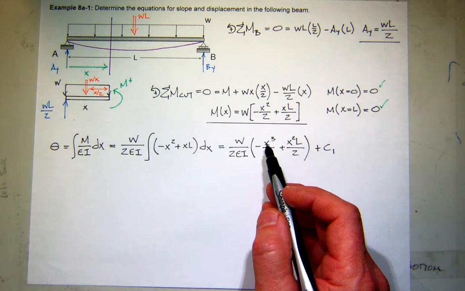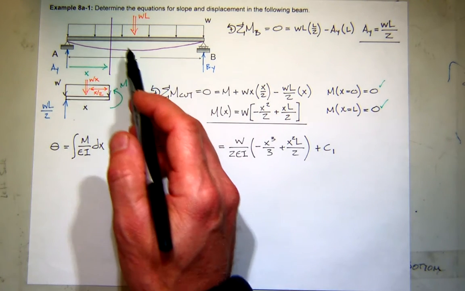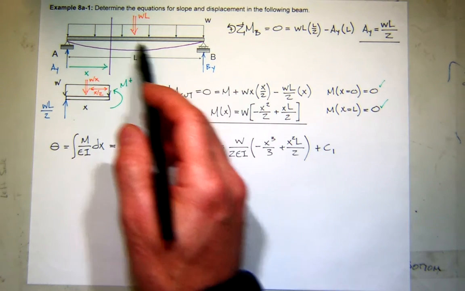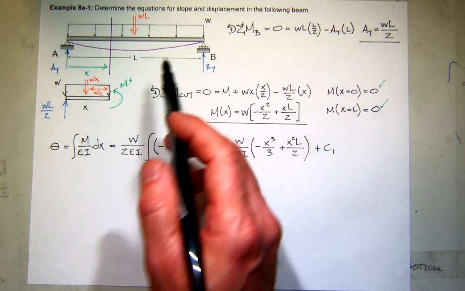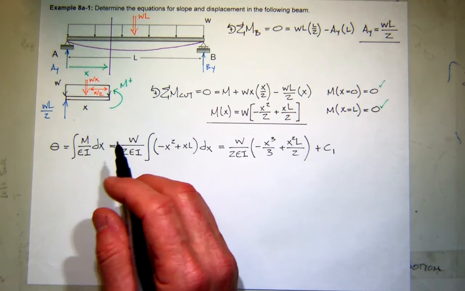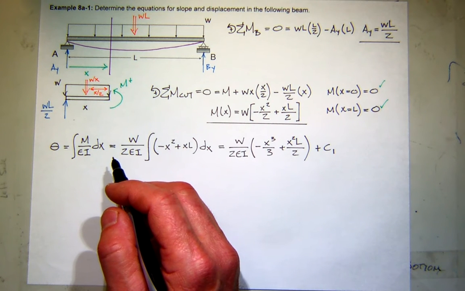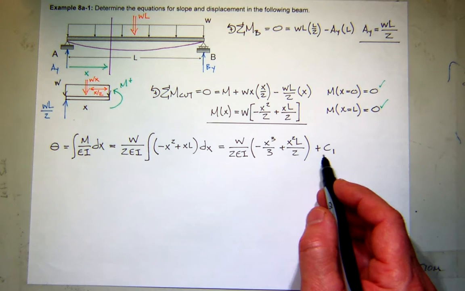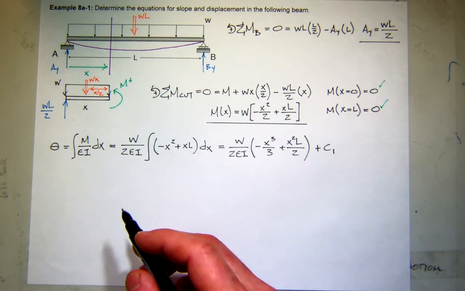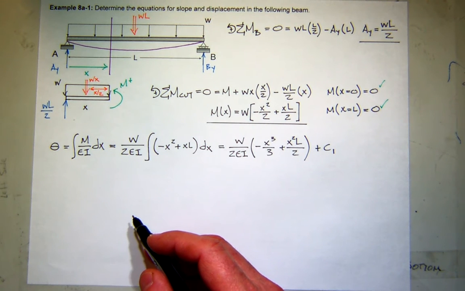But I'm not going to do that. I'm going to say, in general, that may not be true. If I change this loading to something else, or there's a little bit of an overhang over here, things will change. So I don't think that's the safest way to go. I think the best thing to do is just to leave it there, integrate it again, and apply the 2